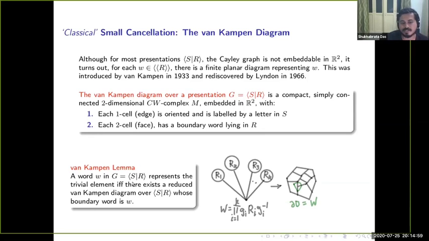Since the word is trivial here, it should look like this, and in the beginning it should look like these wedged balloons. Then we can see that there are a lot of cancellations taking place here and other places. Those other places would give rise to the pieces, as we'll be seeing soon. That's the content of the Van Kampen lemma, that this would give us a two-dimensional CW complex like this.